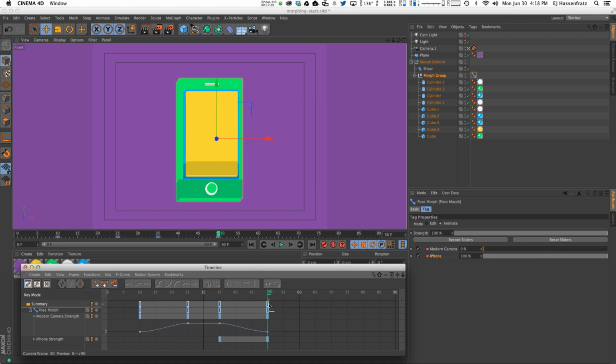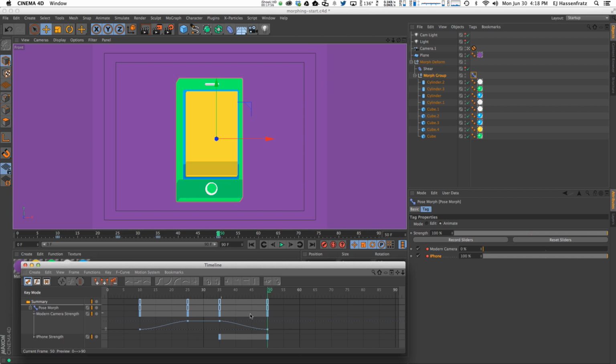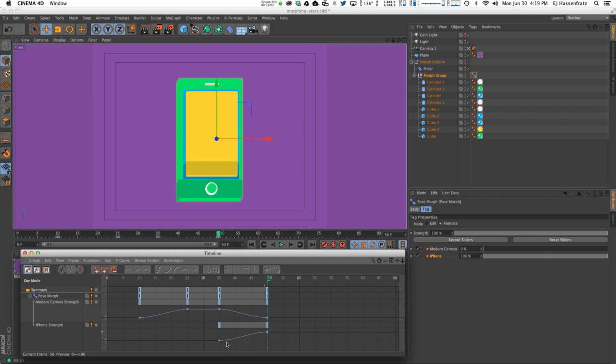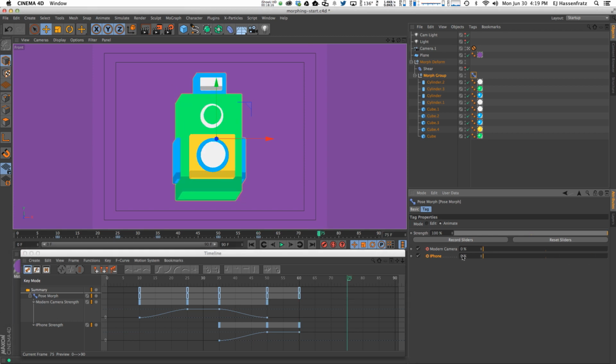Perfect. So now for the end of the animation, we're going to go from the iPhone pose back to the old-timey camera, so we can make an animated GIF of this, which is what I ultimately did at the end of this little project. So there's my iPhone strength keyframe curve here, and I'm going to have this pose hold for about 10 frames, hit another keyframe, and then at about 75 frames I'm going to bring my iPhone pose down to 0. So now if I hit play,